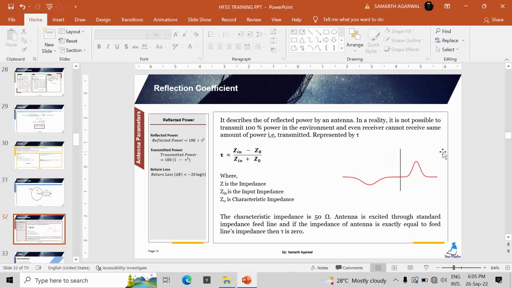Now the characteristic impedance is 50 ohm only, and the antenna is excited through a standard impedance feed line. If the impedance is equal to the feed line, then tau will be 0. Tau being 0 means your reflected power is 0 and transmitted power will be 100%. On the left side in the box, I have mentioned reflected power. So transmitted power will be 100 multiplied by 1 minus tau squared, and return loss in dB is minus 20 log tau. Okay,